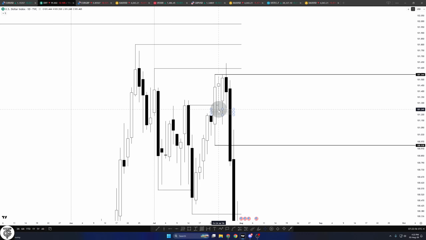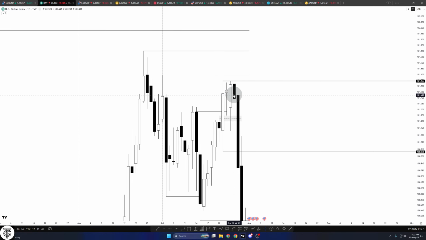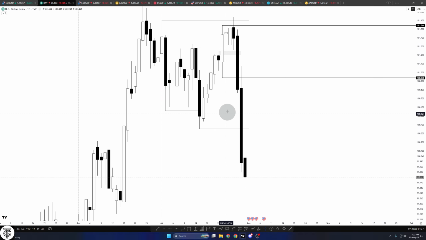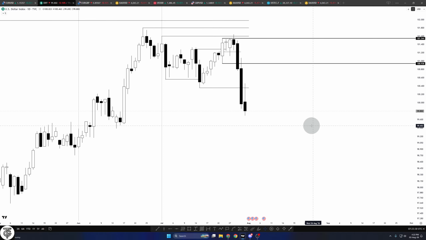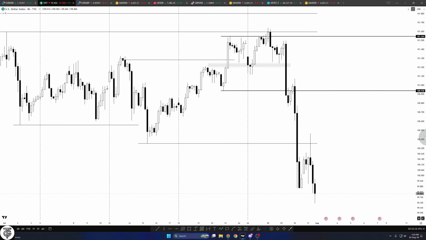On Monday, we have taken out this previous candle's low, rebalanced this gap, and then again closed inside the range of this candle, which is Thursday's candle, previous week candle. Then on Tuesday, we had the manipulation of this range. We have C2 closure, and on Wednesday, this is the FOMC event. And the following day, Thursday, we have delivered below this low, and Friday was needed to retrace and then expand one more time. So that was dollar index price action.